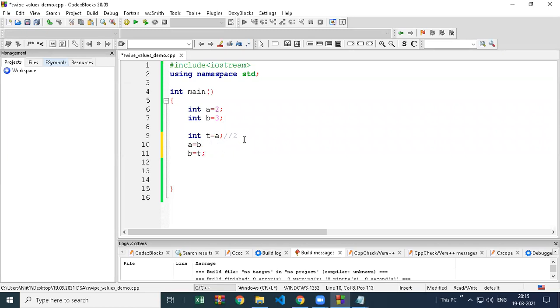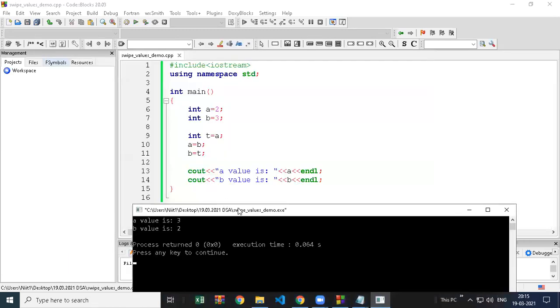If you want to see the output, I will print also. A value is, and b value is. So this is what we call swapping. This is required in most of the algorithms. Currently, in bubble sort it is required because you have seen the concept. We have to swap the values if it is greater than, less than, for ascending, descending.